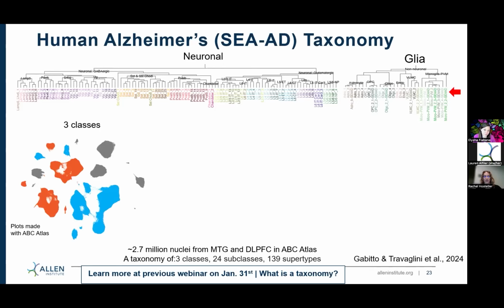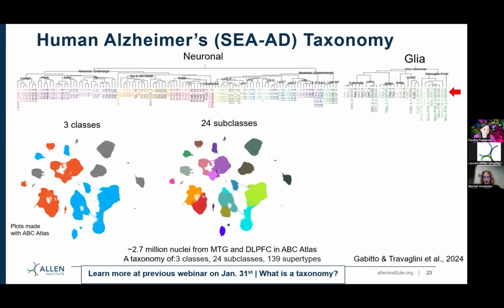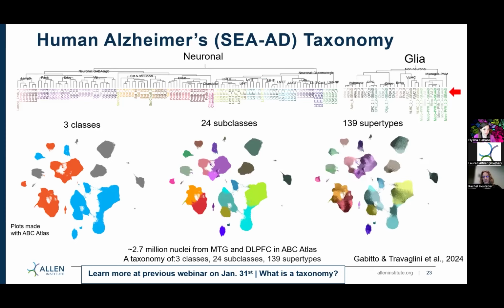again, is also split into a different hierarchy. So it's not the whole brain like we just had with the whole human brain. This is specifically looking at the middle temporal gyrus and the dorsolateral prefrontal cortex. And so from these data, there were 3 classes, 24 subclasses, and 139 supertypes. And the paper is currently online on bioRxiv if you want to read more details about how